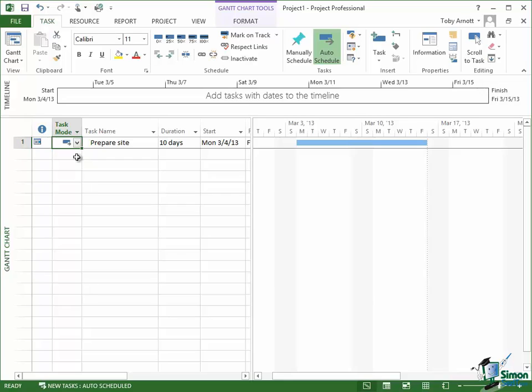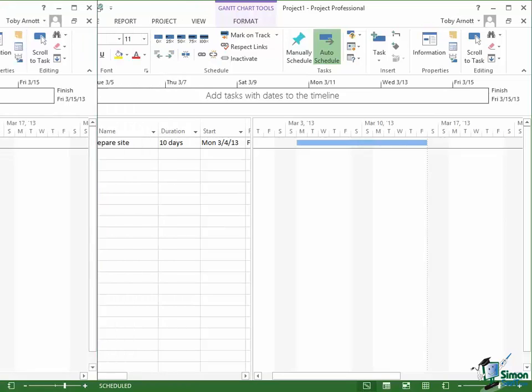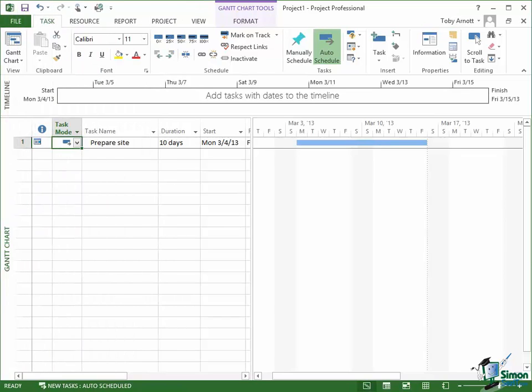Another very important point here is that when you enter a task, it's given an ID number. This is ID number 1. Now, I'm going to talk about task IDs later on, but as we'll see, task IDs are very important. And now the thing we have to do, and I would normally do this before I'd even put my first